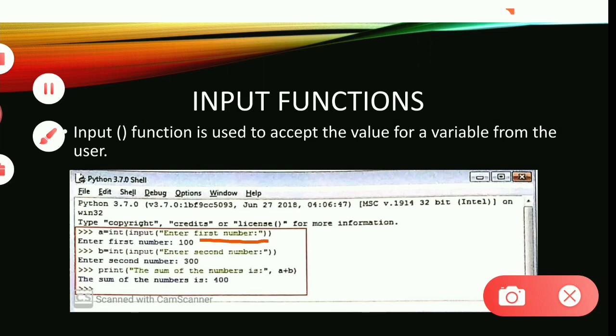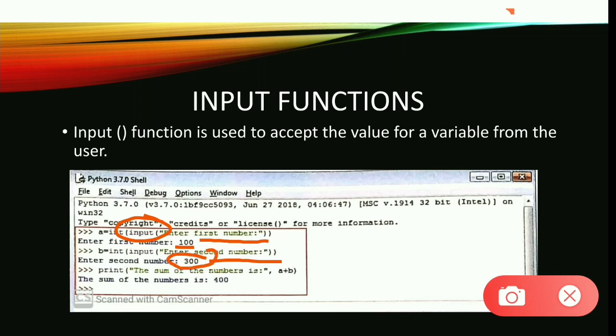With the help of the input function, it gives the user the opportunity to enter their own value at the time of execution. The user can enter their first number. After that, it is again asking for the second number. The user can again enter their choice of number.